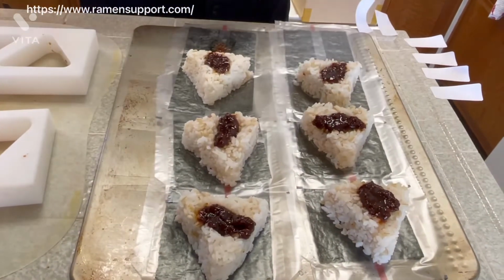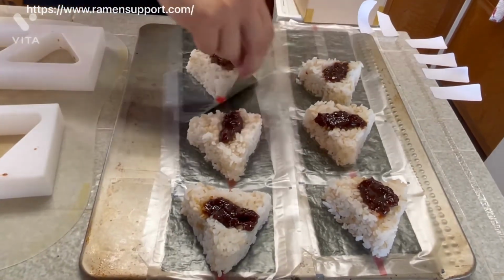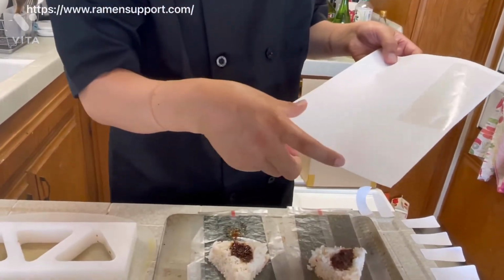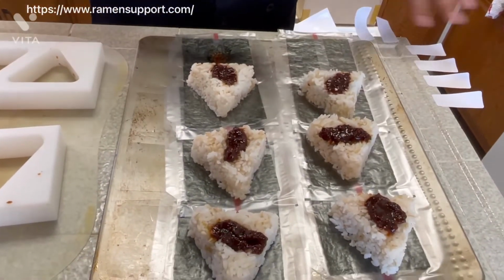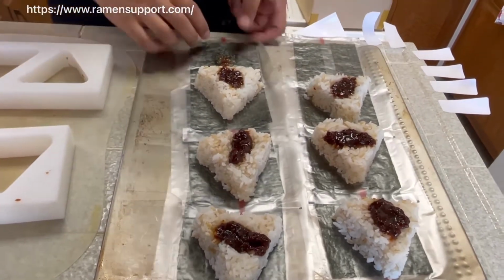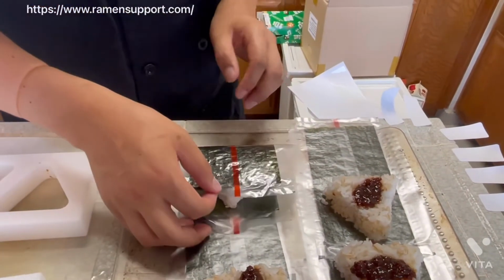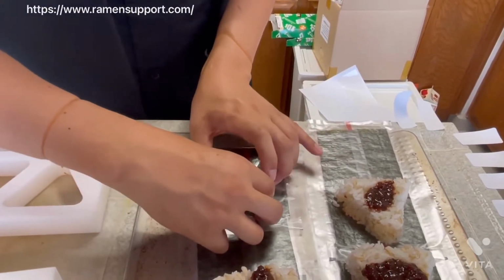Okay, and then we need tape to hold it after we close it. For this I use a mailing label, or a sheet with labels on each page. So I already took them out like this. You should have ready as many as you need, because it's easy to do. The point is, for the onigiri, the triangle top comes here, and then just close it and hold it nicely, gently, okay,